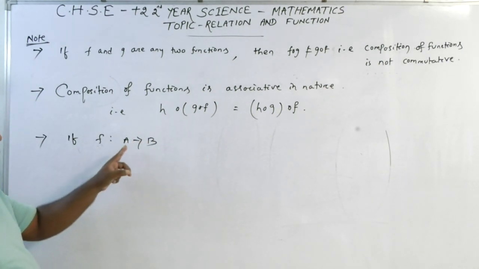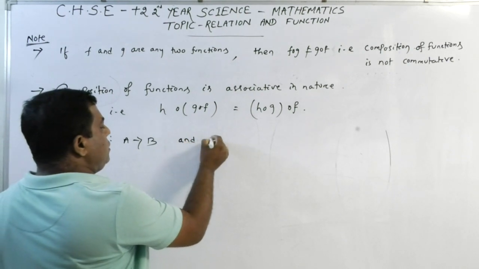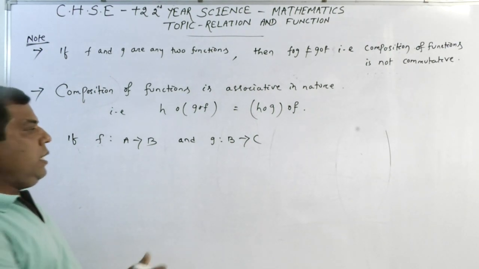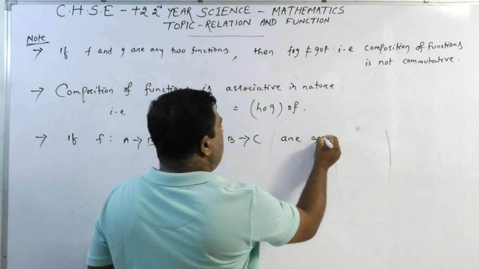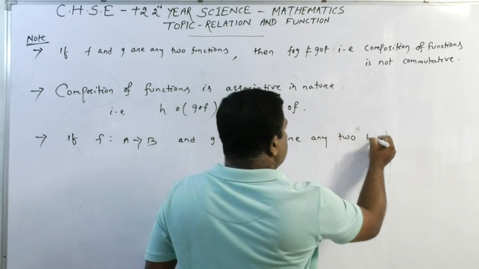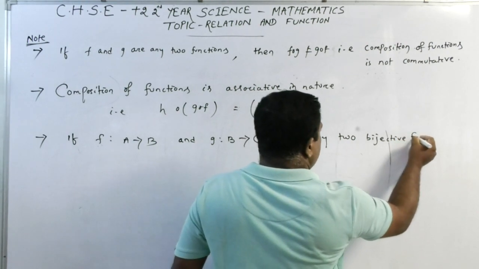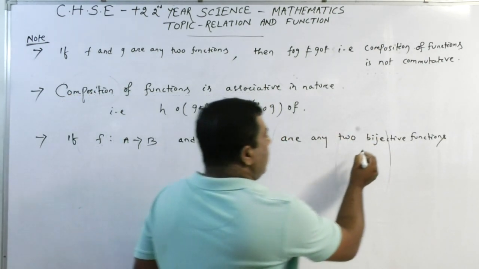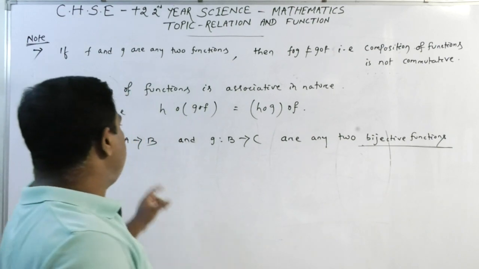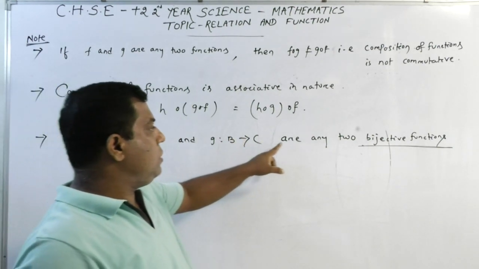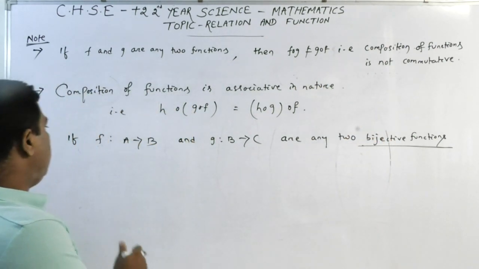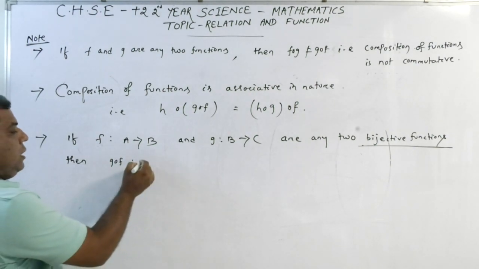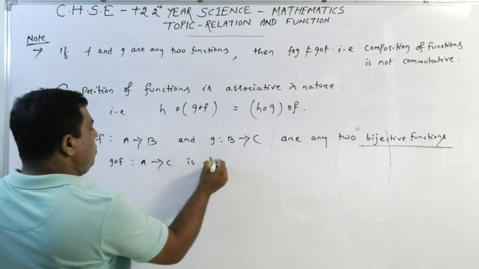If f is defined from A to B and g is defined from B to C are any two bijective functions, we remember that bijective means it is both one-one and onto, then we have to show gof from A to C is also bijective,